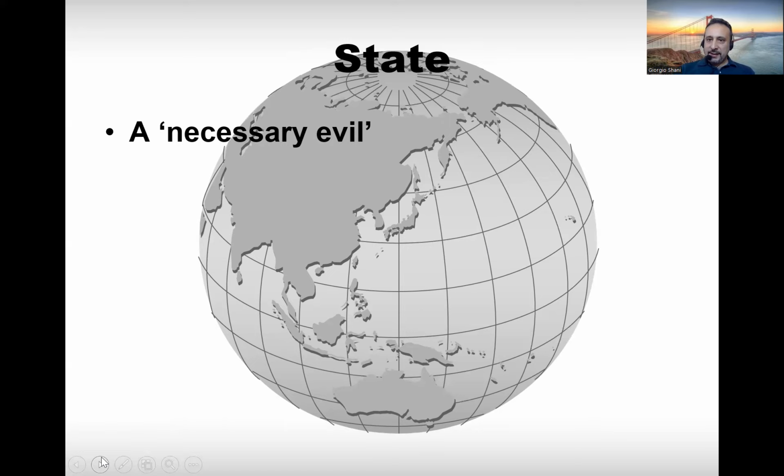So liberals believe that it is necessary. We need the state because it protects us from anarchy. So in that sense, Hobbes was right. You know, we need a Leviathan, we need the state in order to protect us from other individuals within a state of nature. However, this huge concentration of power within the Leviathan can be used against individuals, can be used to take away the rights of individuals. So liberals believe that the state is a necessary evil.